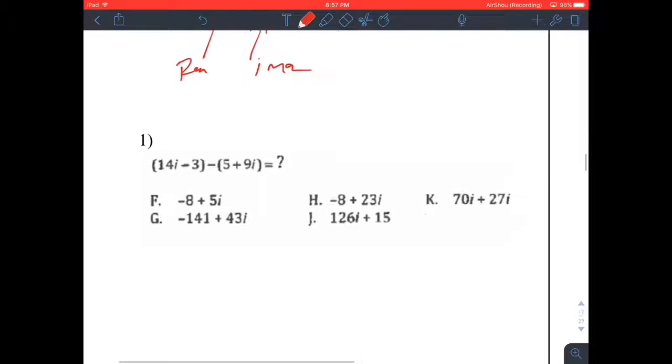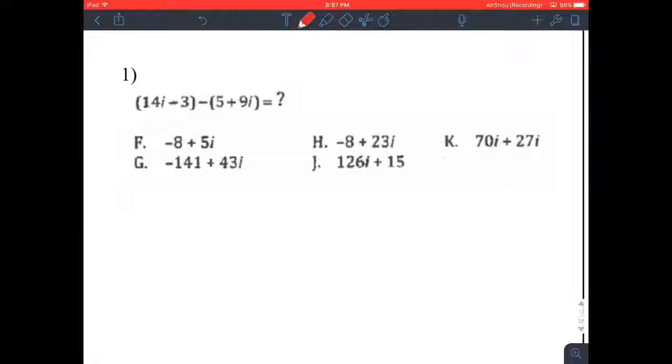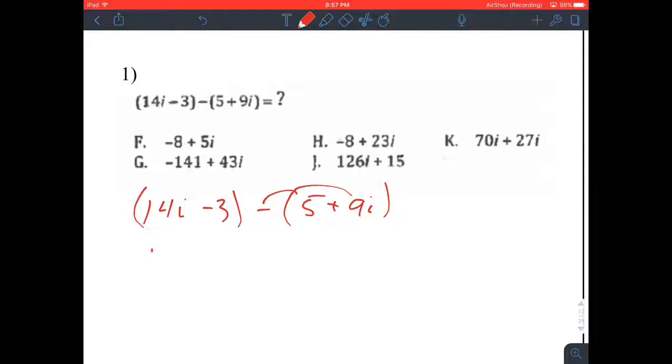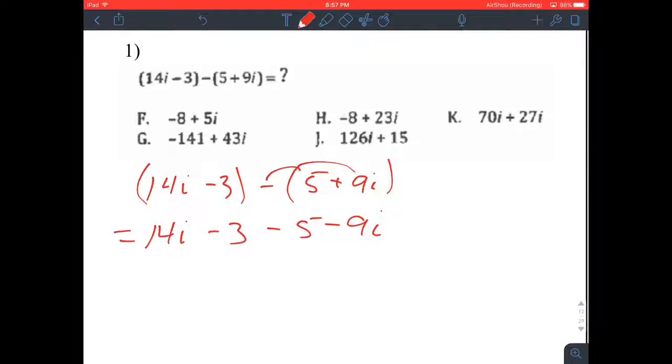So let's look at this example. We've got 14i minus 3 minus (5 plus 9i). If we distribute the minus to get rid of the parentheses, we're going to get 14i minus 3 minus 5 minus 9i. If you combine like terms,